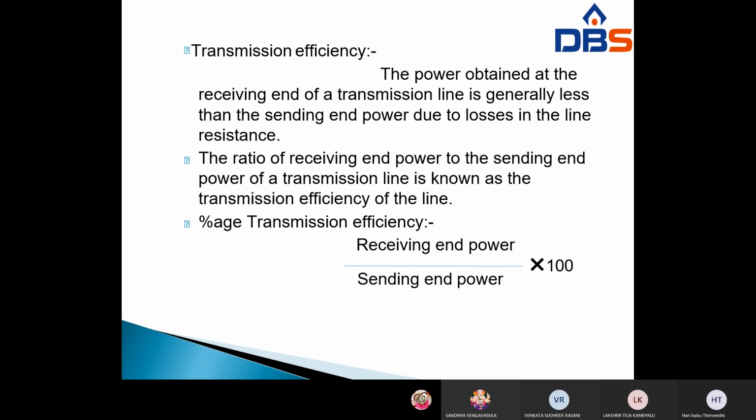resistance. Therefore, the ratio of receiving end power to the sending end power of a transmission line is known as the transmission efficiency. Efficiency is nothing but output power by input power, right? Here output power is nothing but receiving end power, input power is sending end power. So the ratio of receiving end power to the sending end power of a transmission line is known as the transmission efficiency, and it is expressed mathematically as efficiency of a transmission line, receiving end power by sending end power into 100,